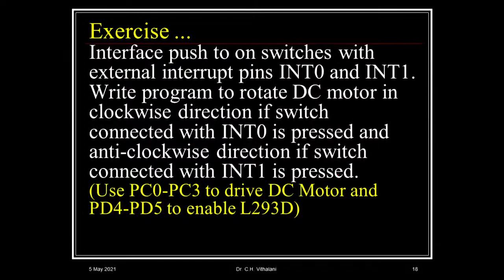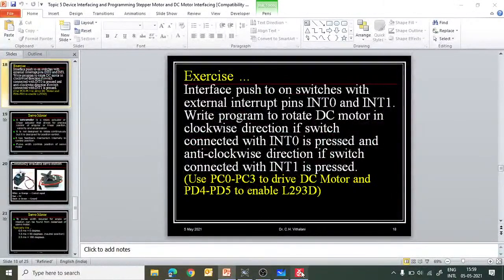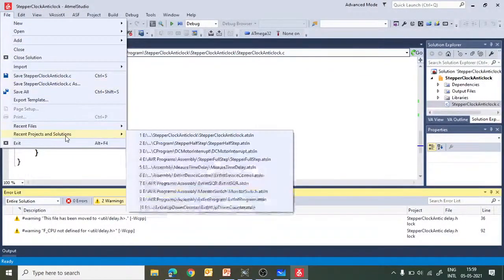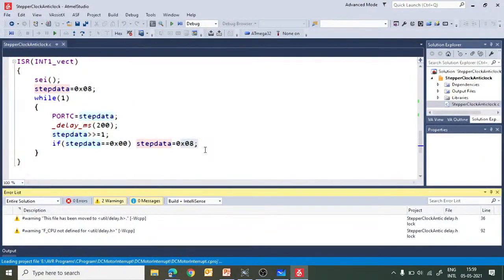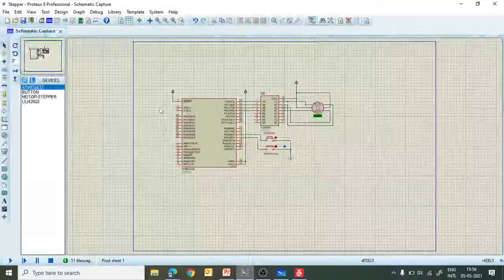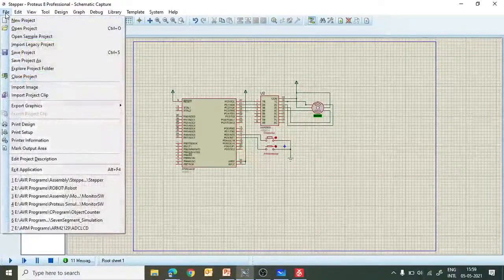Let me show you the simulation, then I think this will be very clear to you. Let me open that DC motor program, and let's open the DC motor interfacing.